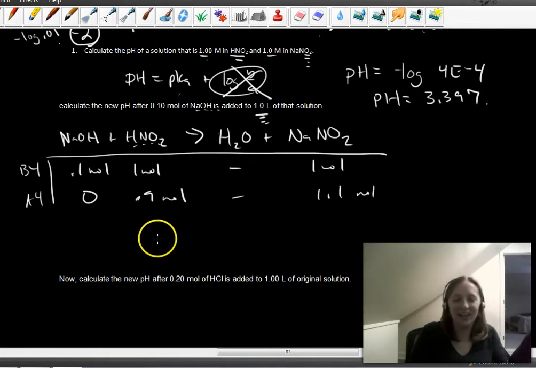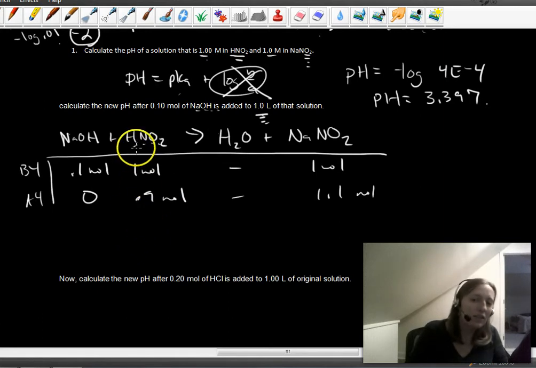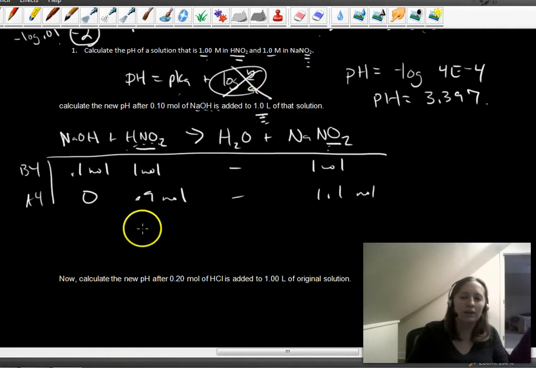No. Now we can use the Henderson-Hasselbalch equation because it's a buffer. It's a buffer because it has the acid and its conjugate base present. You can use Henderson-Hasselbalch as long as they are both there. If you end up with a 0 in B or A, it kind of breaks math, so you can't do that. So the pH is